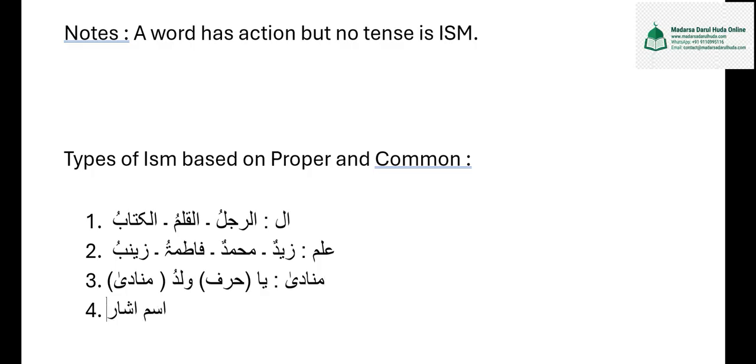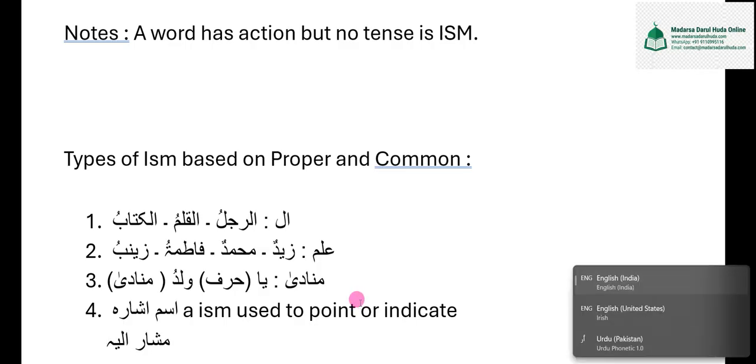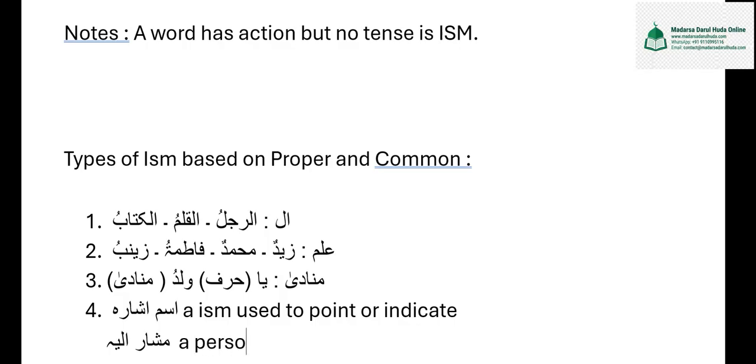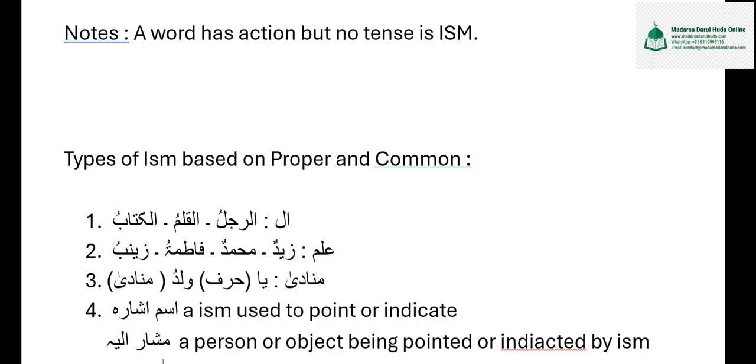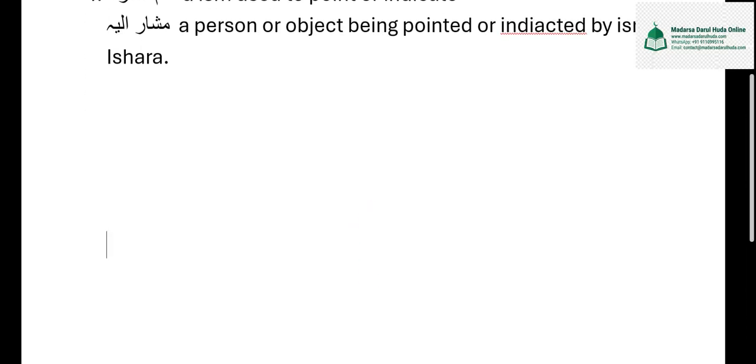Then we have isme ishara. Isme ishara means an ism used to point or indicate. With isme ishara, we use another term which is known as musharun ilayhi. Musharun ilayhi means a person or object being pointed or indicated by isme ishara. Like for example, when I point to this book, here the book is musharun ilayhi and this is isme ishara. Then we have a table, because